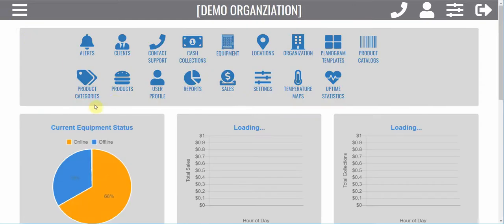And that is the quick KMS tour. I'll be back with more videos specifically on the equipment and equipment registration and the settings page. If you have any further questions, you can always contact us at Vendors Exchange Support,